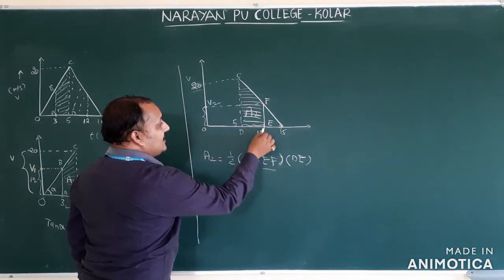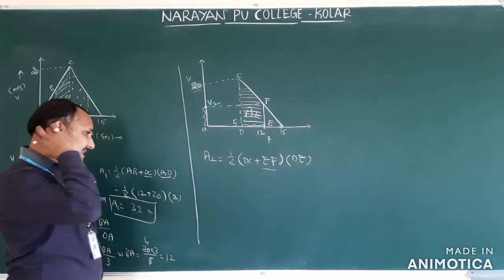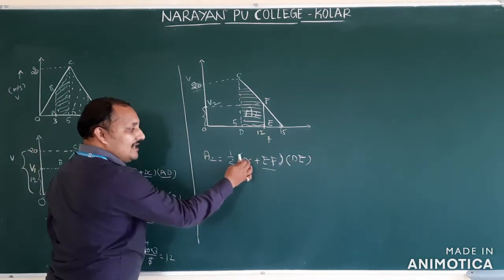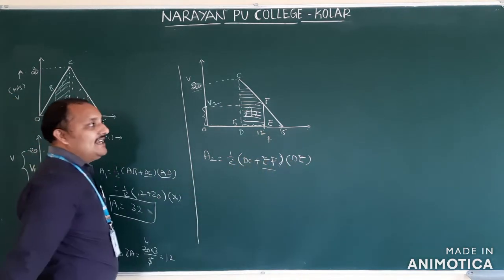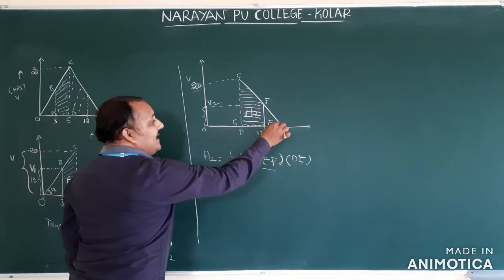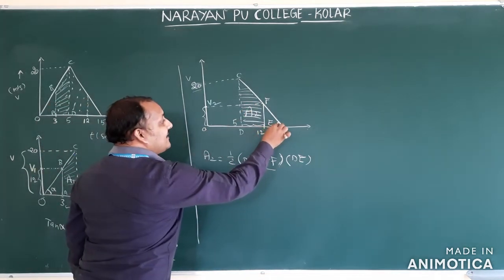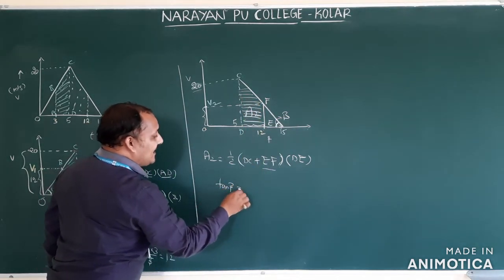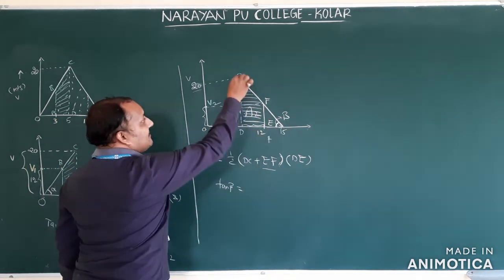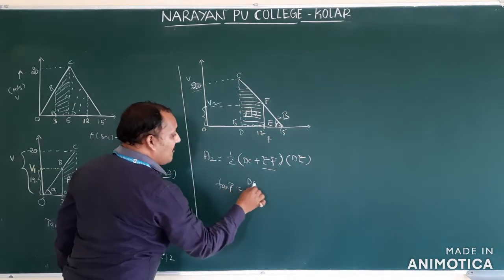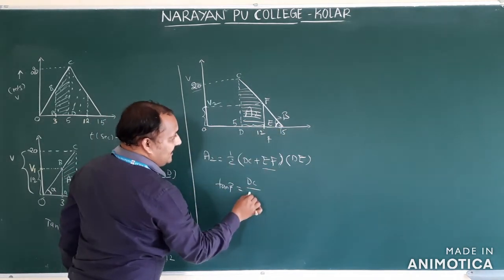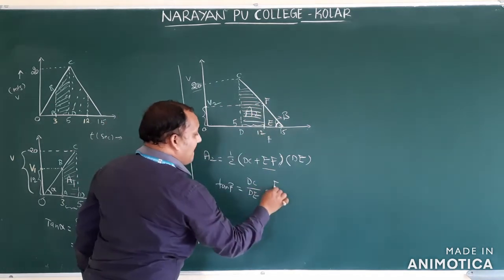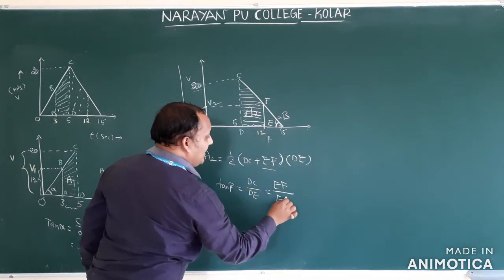DE value, how much? 12 minus 5 is 7. So we came to know DE and DC, and now we should find EF. How will we find EF? Take this angle as beta. Then tan beta is equal to the opposite side DC by DE, which is equal to EF divided by